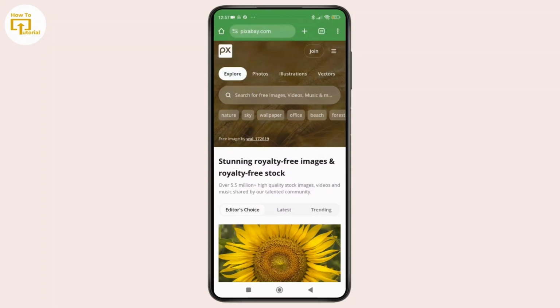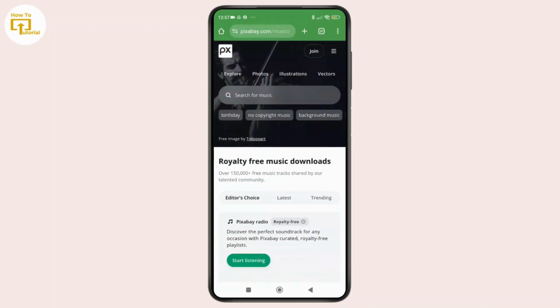Pixabay is a popular website that offers royalty-free music and soundtracks that you can enjoy freely. Here you can simply swipe across the top tabs and you can see the music section. Just tap on it, and now once you are inside the music tab, if you scroll down